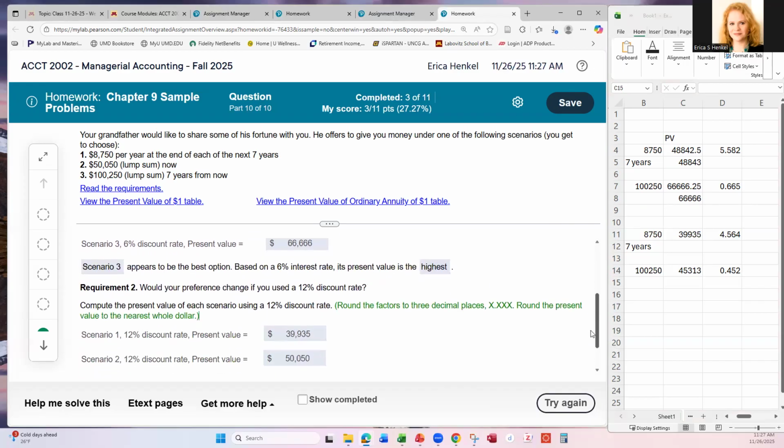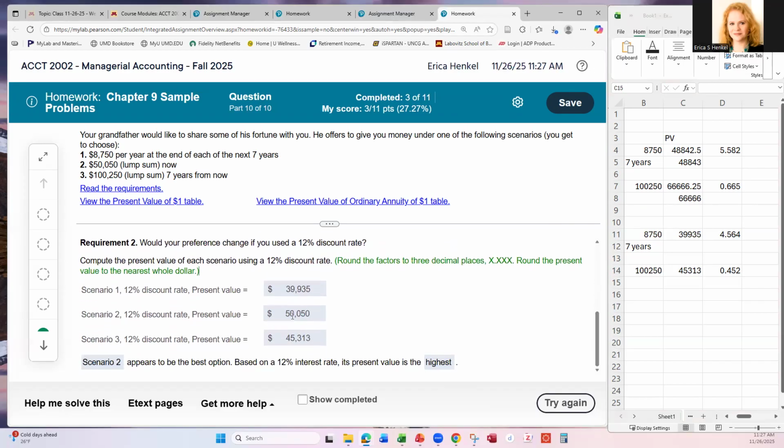And looking down here, if we were to invest only $45,000, we could get the $100,250. So if we were to take $50,050 and invest it at 12%, we would actually end up at the end of 7 years with,